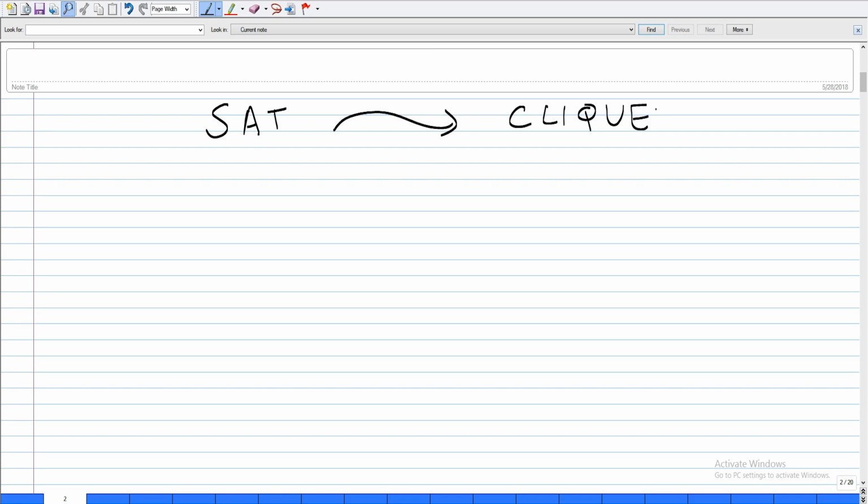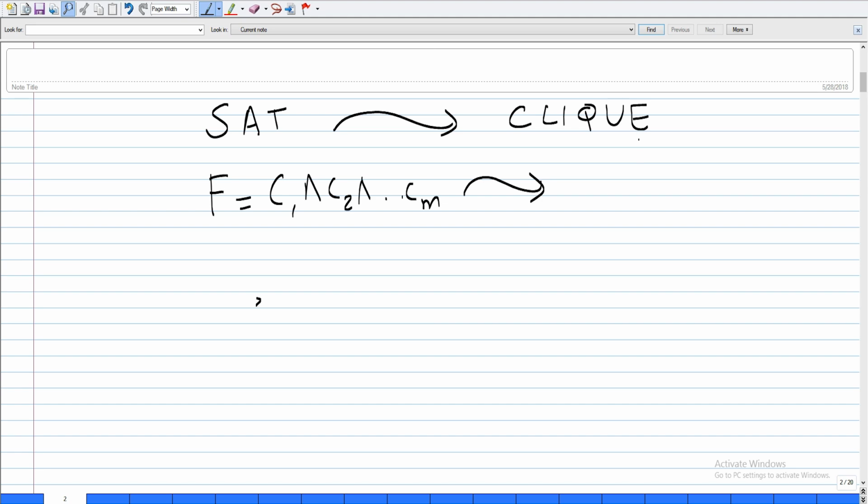So how would you start? What is the f you are looking for? What should it do? What does it transform to what? Be careful. What to what? Look at my direction. Boolean formula to a graph. Okay, the direction of the reduction is very important. So I want to take a formula here which is of this form,